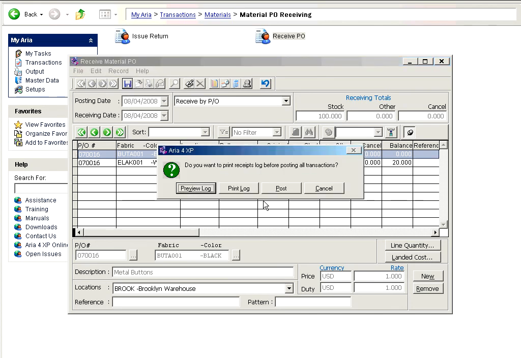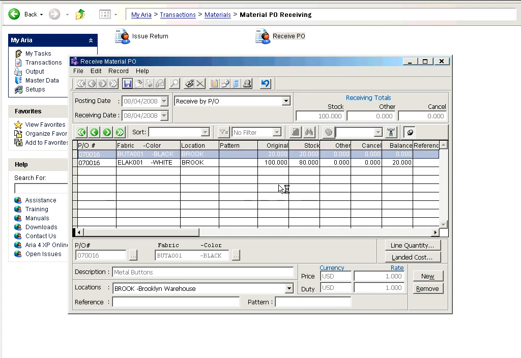Once I'm done, I'm just going to simply click on the save button. I get the chance to print the report. If not, I'm sure that the numbers are okay, I will just simply hit the post